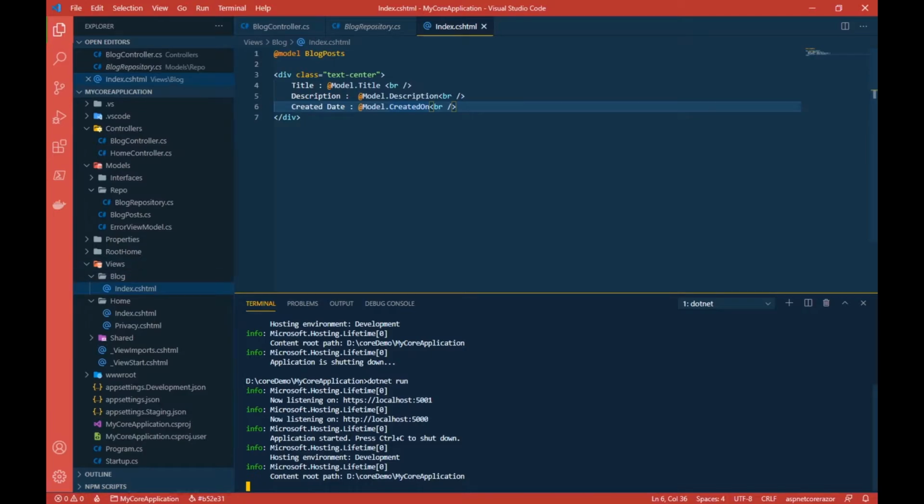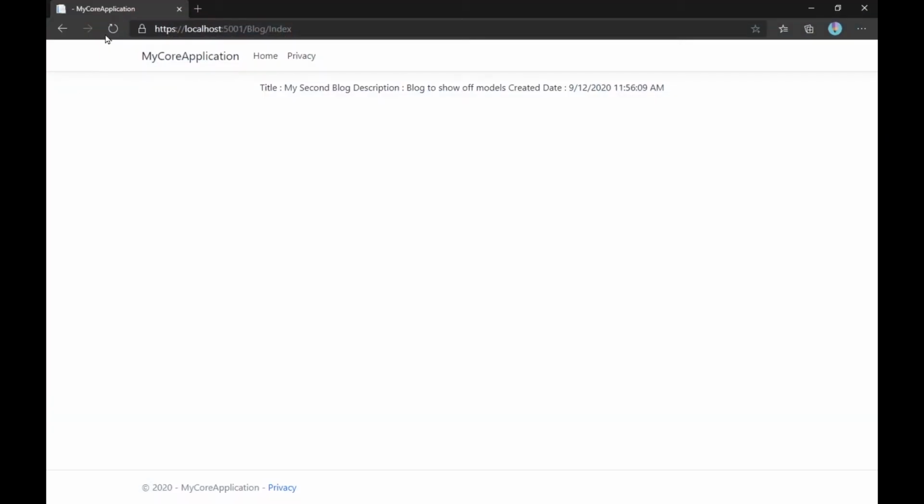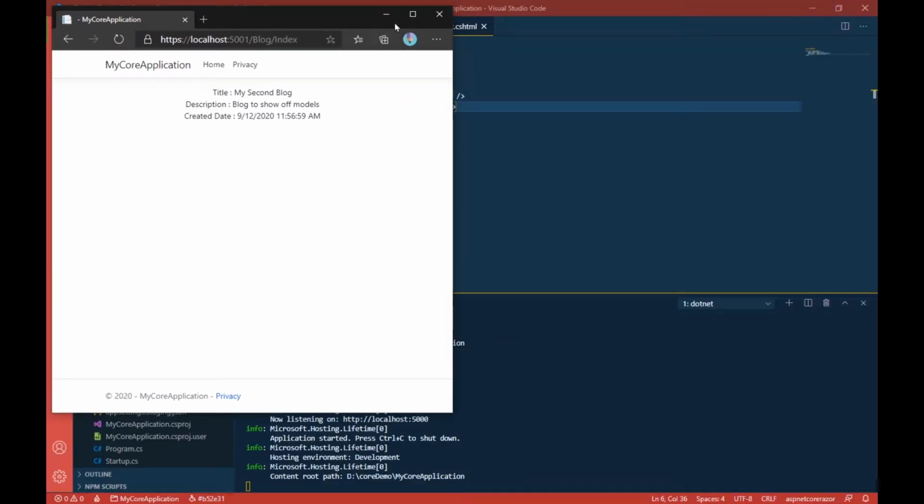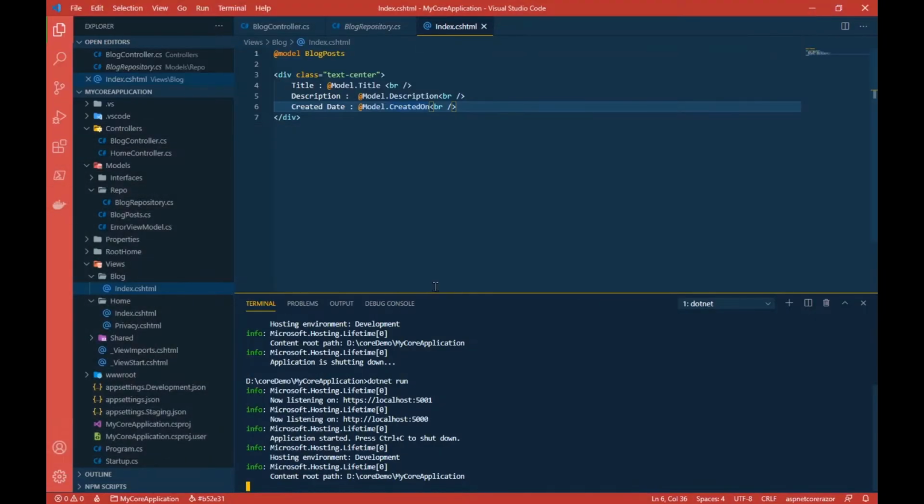Let's go back to our browser and refresh this. Here you can see our title is second blog, description is blog to show off models, and created date is also giving us the date. Now let's discuss why this is strongly typed.